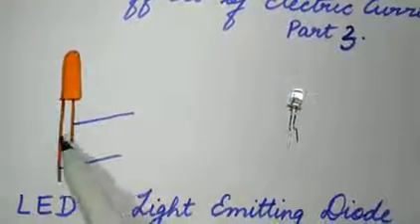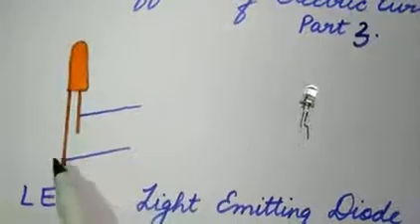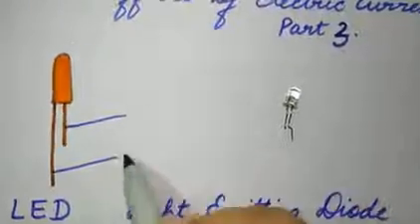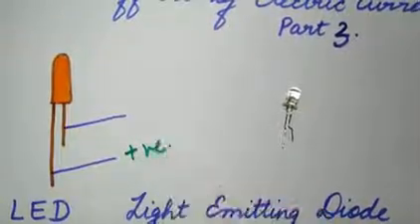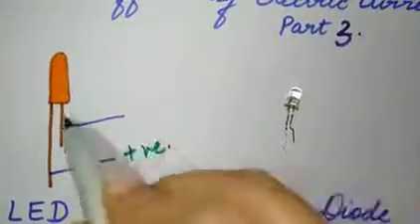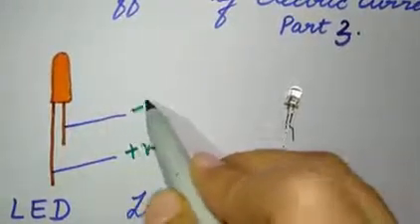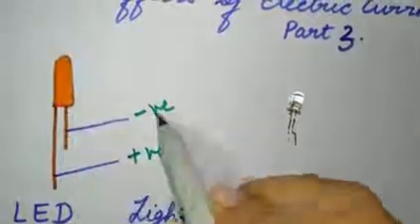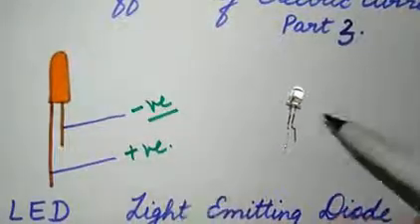This has two wires below it, and this longer wire is the positive terminal of this, and this shorter wire, the wire which is shorter in length, is the negative terminal. Let's see the original one. This has this long wire. This long wire is the positive terminal, and the shorter one is the negative terminal. So positive is the longer one and the smaller one is the negative terminal of this LED.